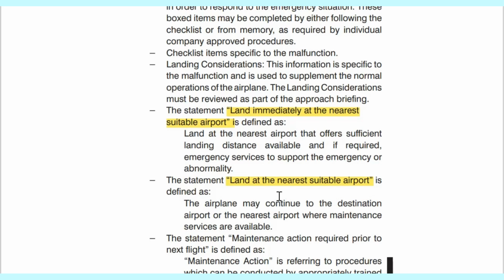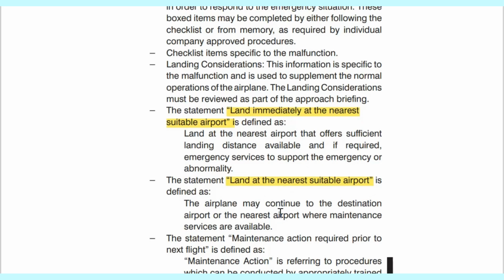Or if we have a technician on board, like in our operations, then it's not a problem at all. We know that we can definitely proceed, and the technician can work on the fault or the situation when we land at the destination. Okay, so very important, immediately and at the nearest suitable. These have more priority, because you need to actually get down and land. This one, yes, you can think of proceeding as long as this criteria is met.